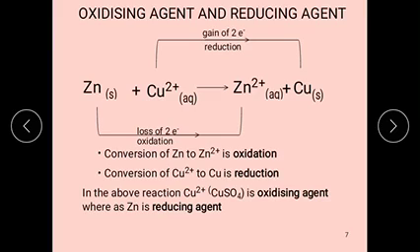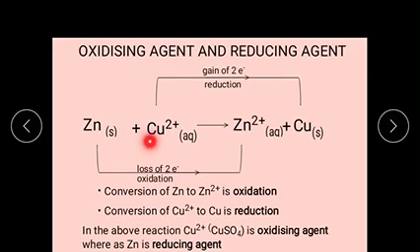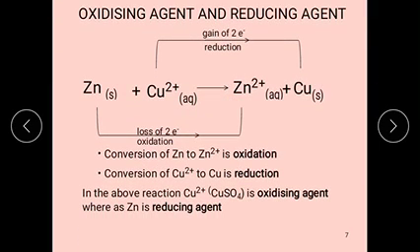And one more concept: the process of increasing the oxidation number in a reaction is called oxidation. Zinc is 0 and is converted into zinc plus 2. Here the oxidation number of the element is increasing, so it is